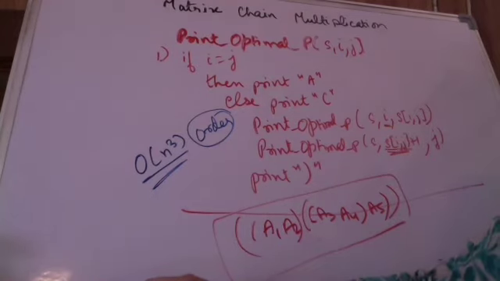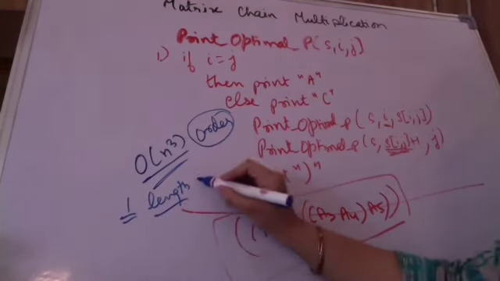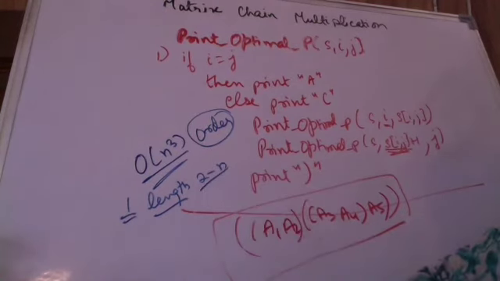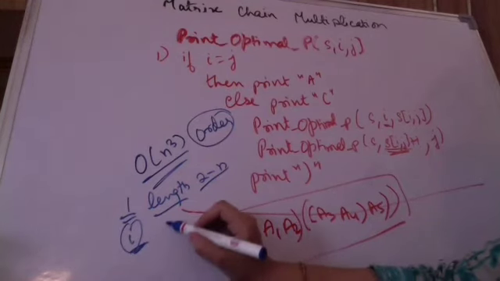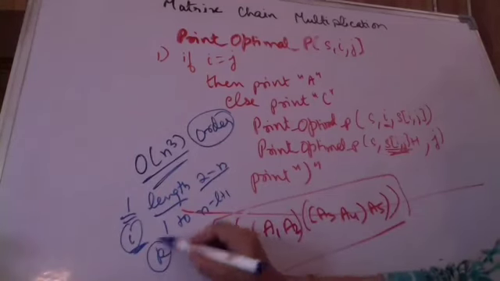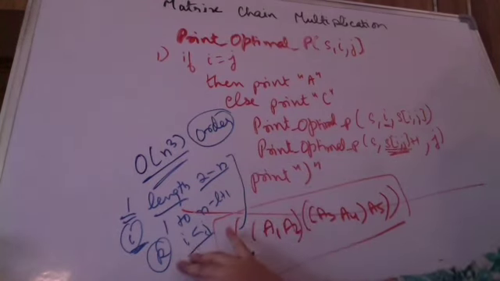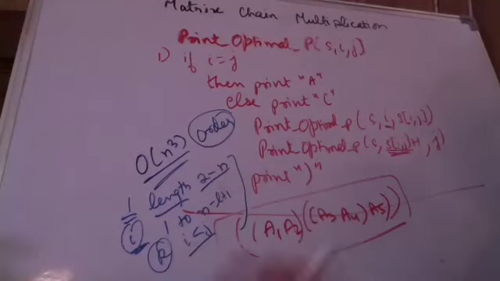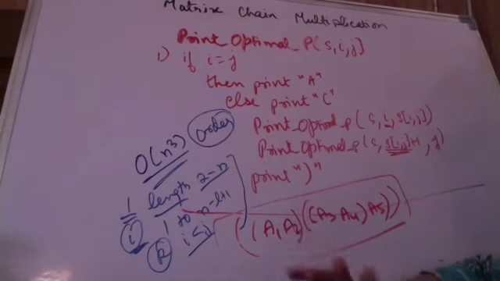We are having one loop for length. लेंथ कहाँ से कहाँ तक है? 2 से लेके n तक है लेंथ. Then we are having another loop for I. I is varying from 1 to n minus l plus 1 तक वेरी कर रहा है. और थर्ड लूप है k के लिए जो I से j तक वेरी कर रहा है. Maximum possible in each case, although we are bifurcating these, but maximum possible in each case is n. O n cube I am saying is the worst case complexity of this algorithm for finding the optimal order of an n chain matrix. क्लियर हो रहा है सबको?